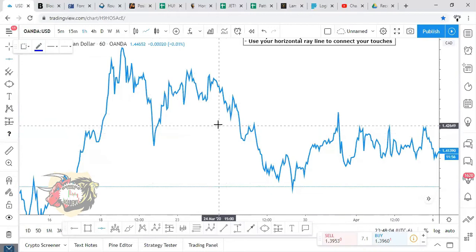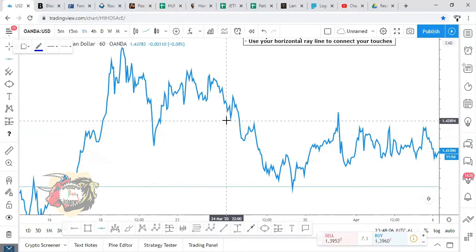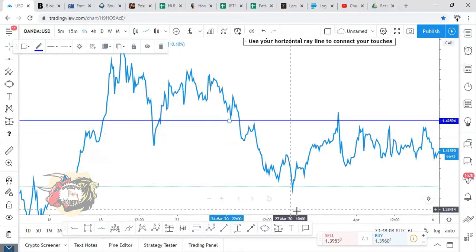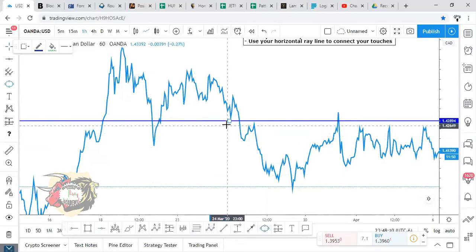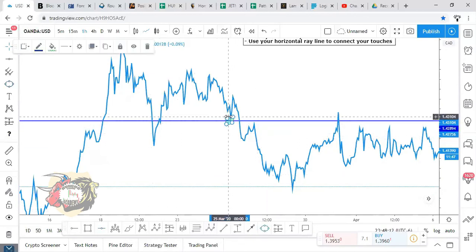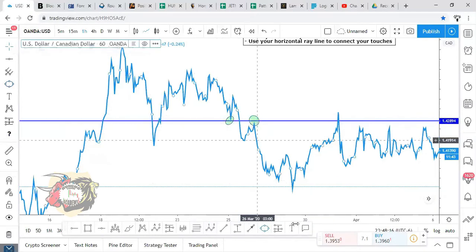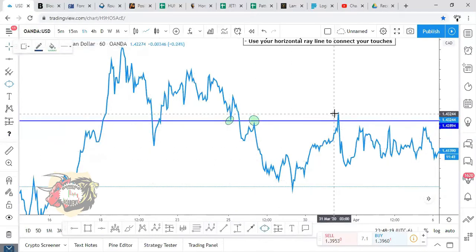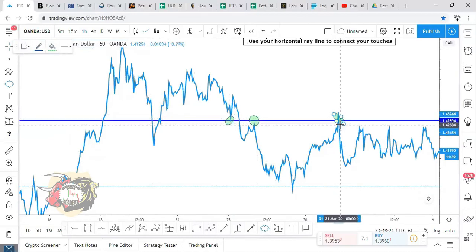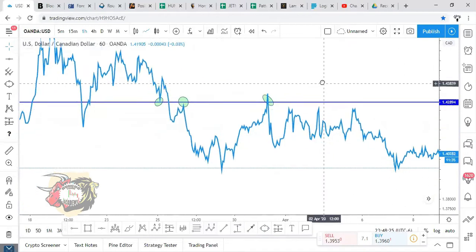So this is one I'm seeing here. Can you see the first touch here? The second touch, right? Third touch. Price almost made this touch to this zone, but it's not getting there,